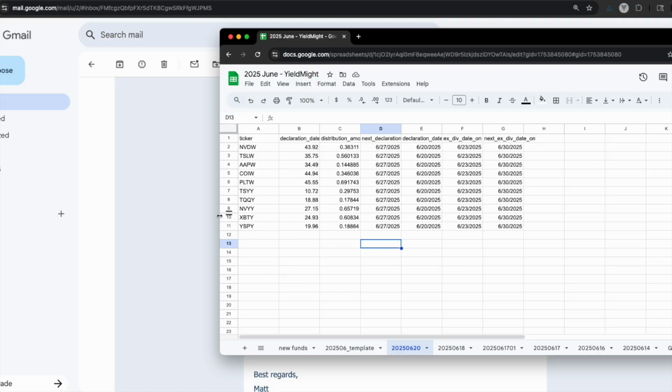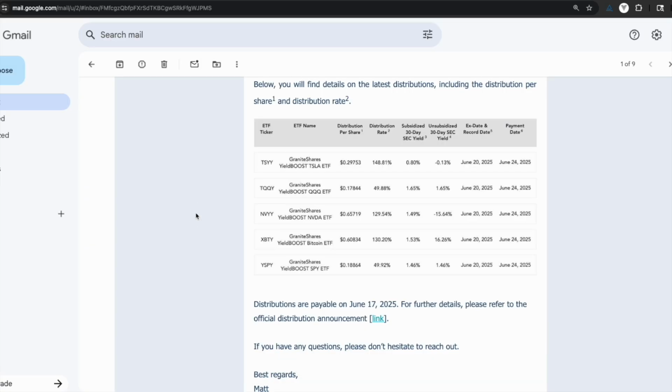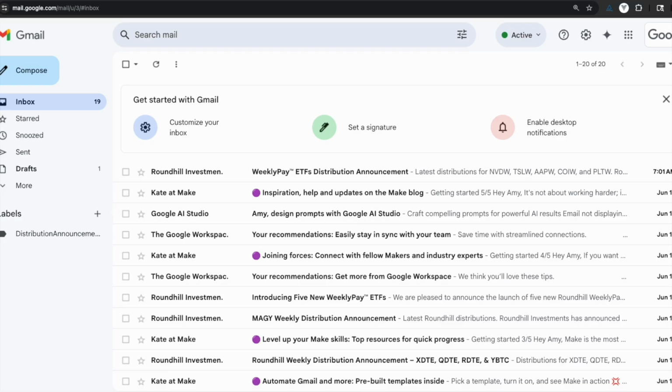Now, what I've been working on with the AI is I actually now have a Miss Roundhill at YieldMight.com, which I'm not going to monitor. My intent was to have an intake email, but you have to pay for that as well. And I was angry enough, they would only let me start on the business starter plan, which is the middle tier, and I don't want to pay $22 a month if I can pay $12.